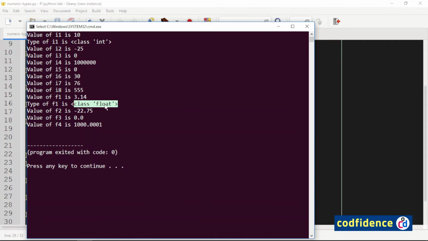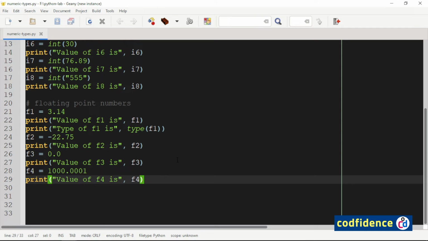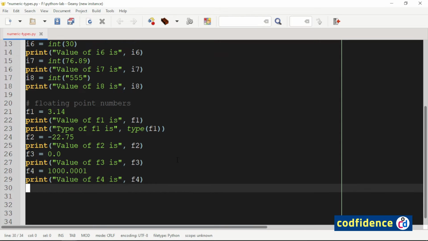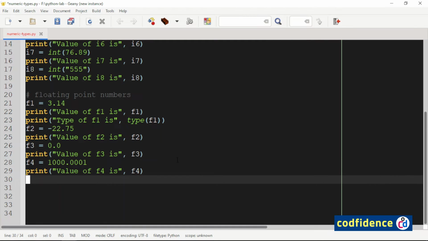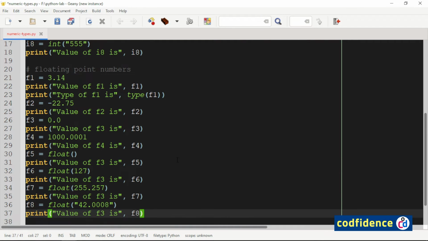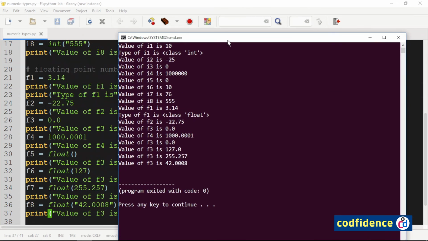We can use the function float to create floating point variables as follows. Save and run the program. So the float function is working as well.